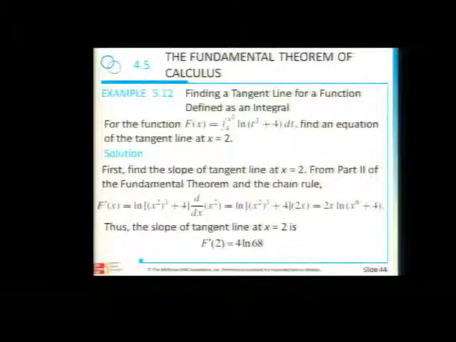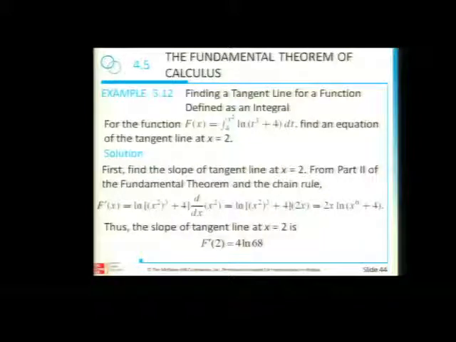The slope of this line is f prime, because the function is this F(x). So we want to find the slope. The slope is f prime. To find f prime, we make use of fundamental theorem part 2. That means we differentiate this with respect to x, isn't it? And to do that, we don't have to do the integration and then differentiate. Straight away, we can apply this